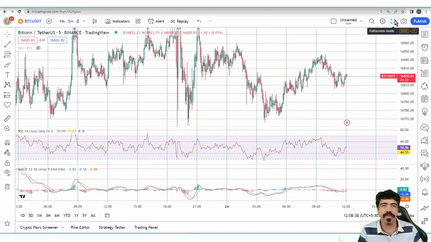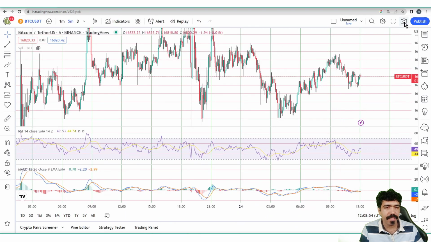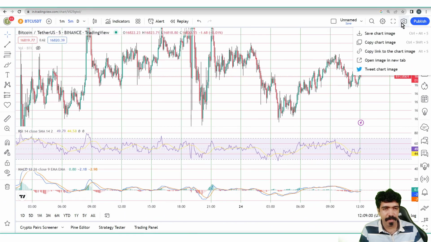Next is the full screen mode. So if you want to analyze the chart pattern across the full screen, then in that case we can use this option. So if I click on this, the shortcut to enter into a full screen mode is Shift plus F. So that's how you can enter into full screen mode. Next is to take a snapshot. So if any analysis is done on the chart pattern, then you can take a snapshot and share on social media or share on the community, or you can copy or save that snapshot into local folder. And next is publish. So publish option is used to share your idea with the trade community. So that option is very helpful so that we can share our ideas and thoughts to the community and we can receive